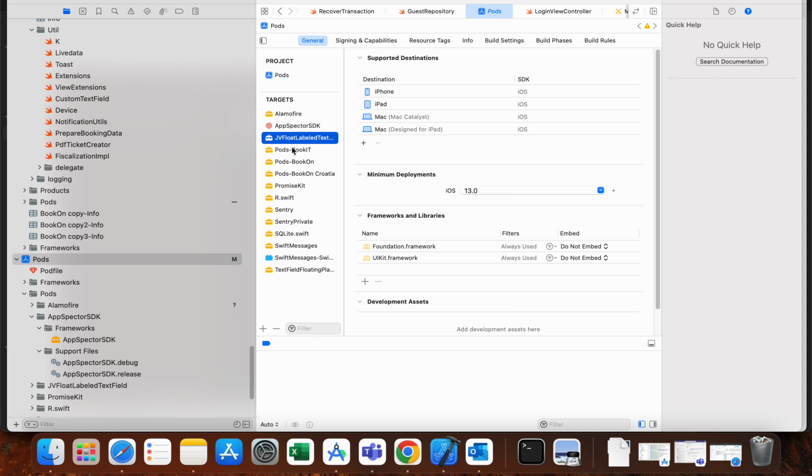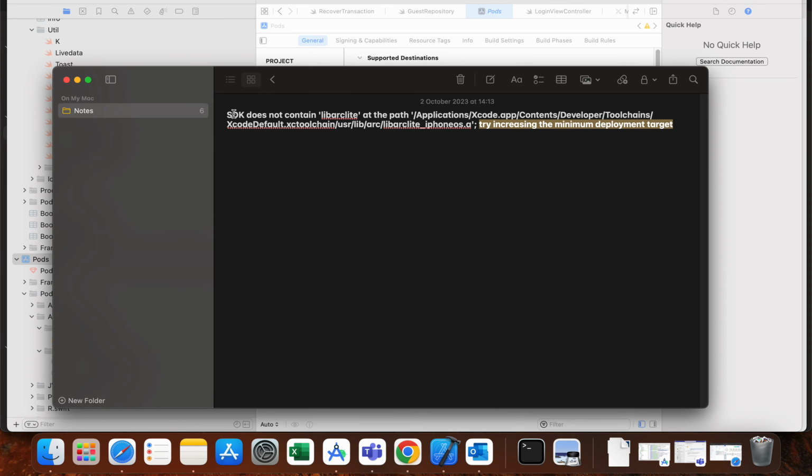And after I updated all the pods to version 13 and tried to build, everything works. The project has successfully built. And that's what helped me to overcome this error. I hope that this will also work for you on your project,